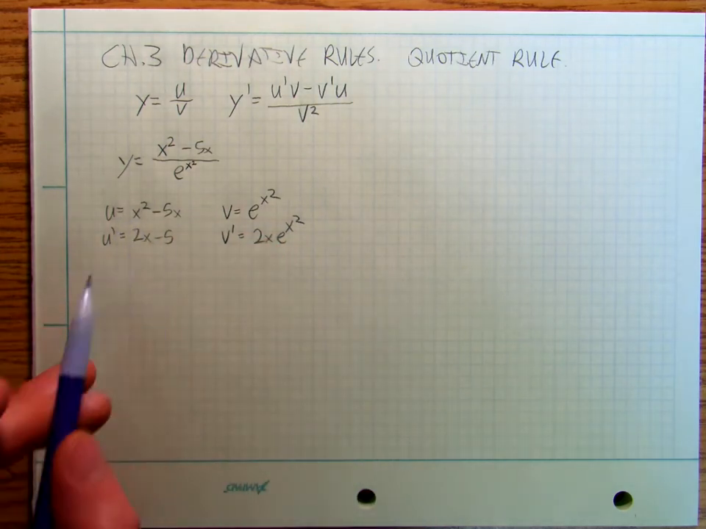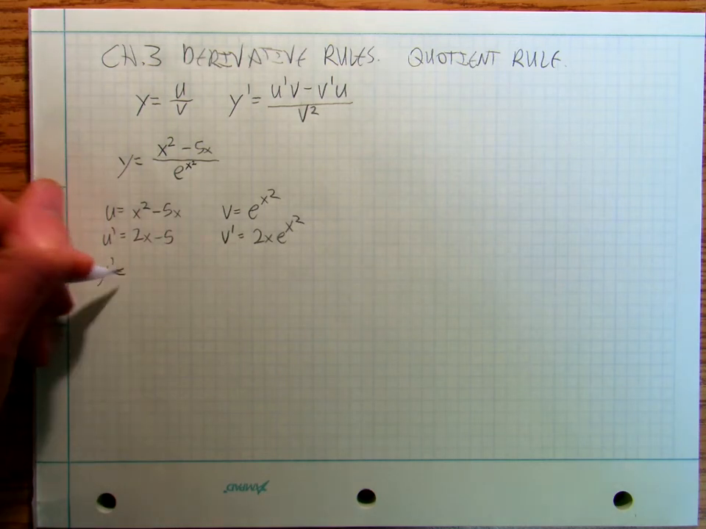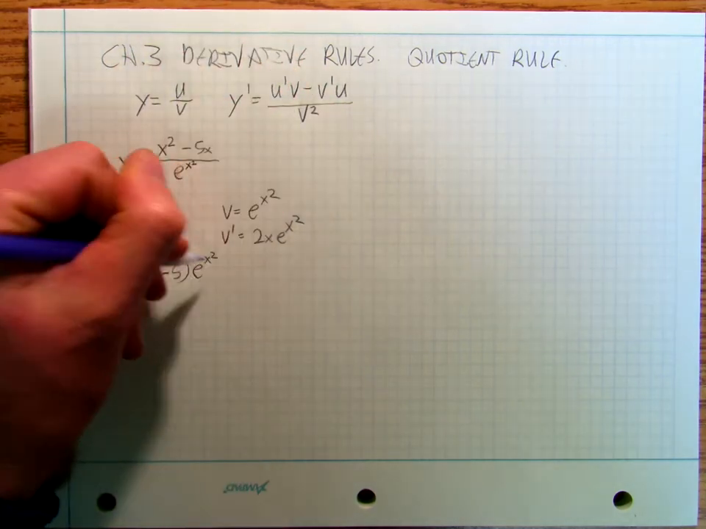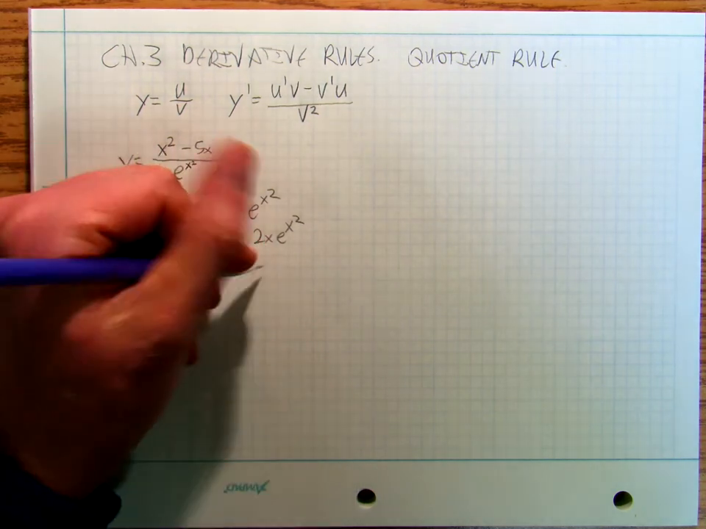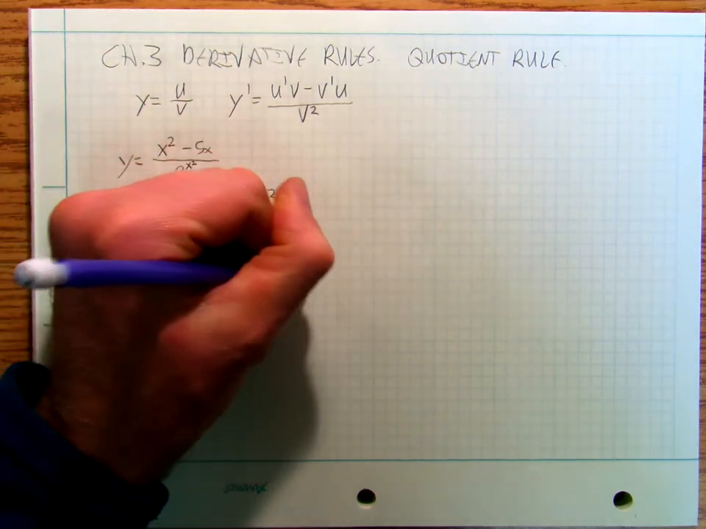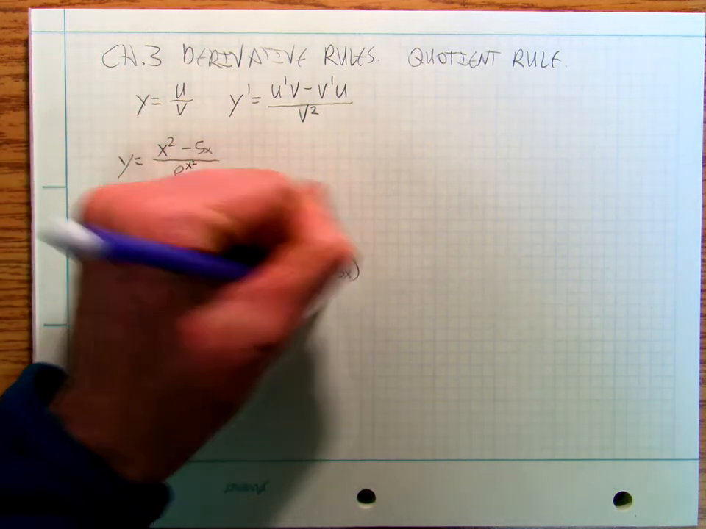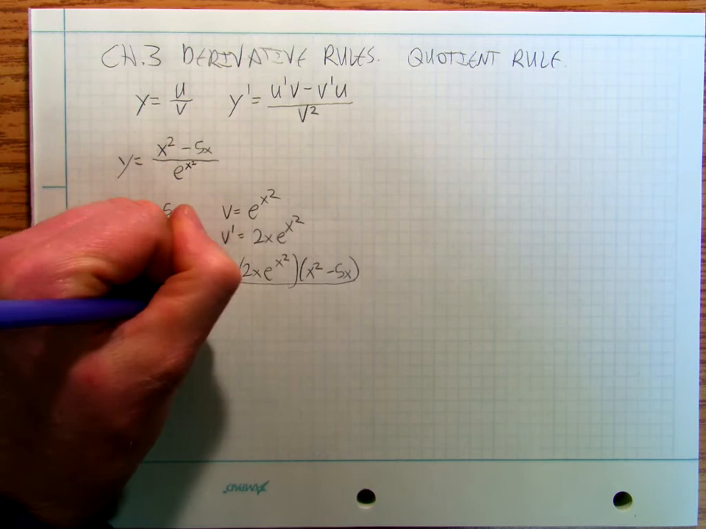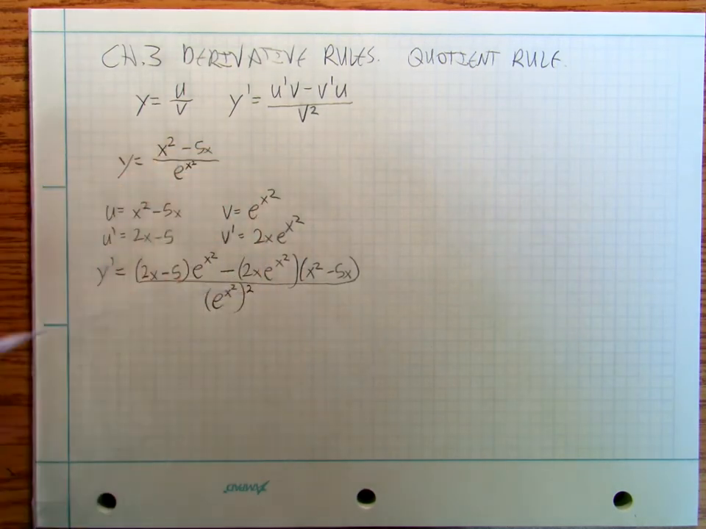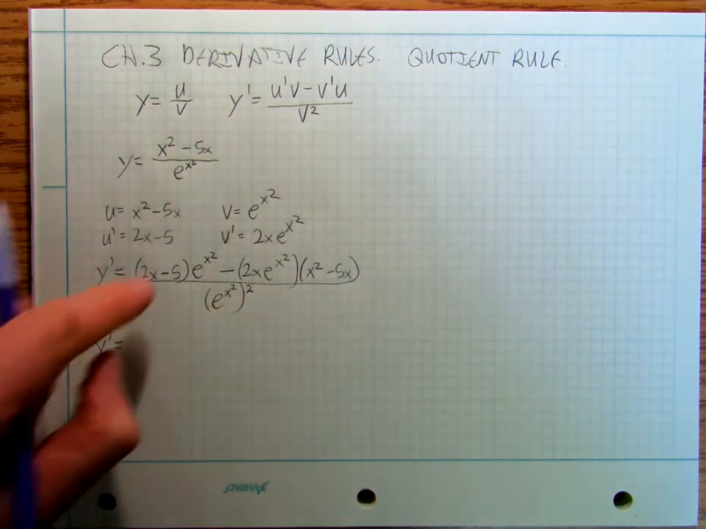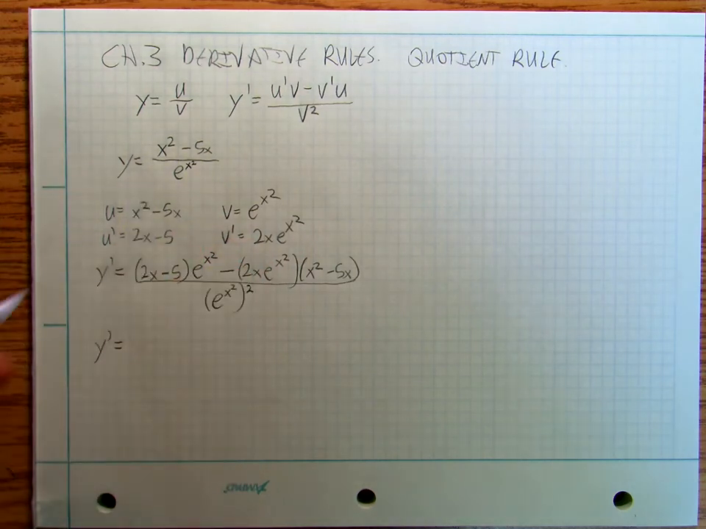And so then I have to get the order right. It's this times that, minus this times that, all over that squared. Okay, so now I'm going to distribute. I'm going to take an e to the x squared out of everything. So I'm going to go